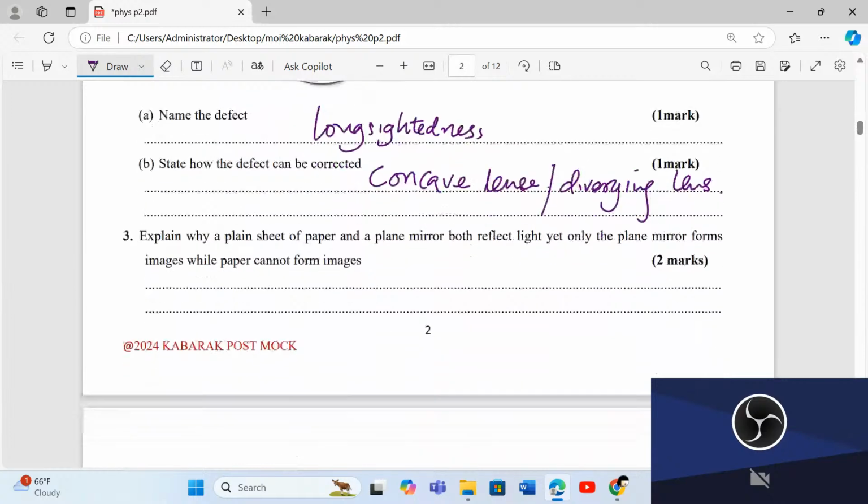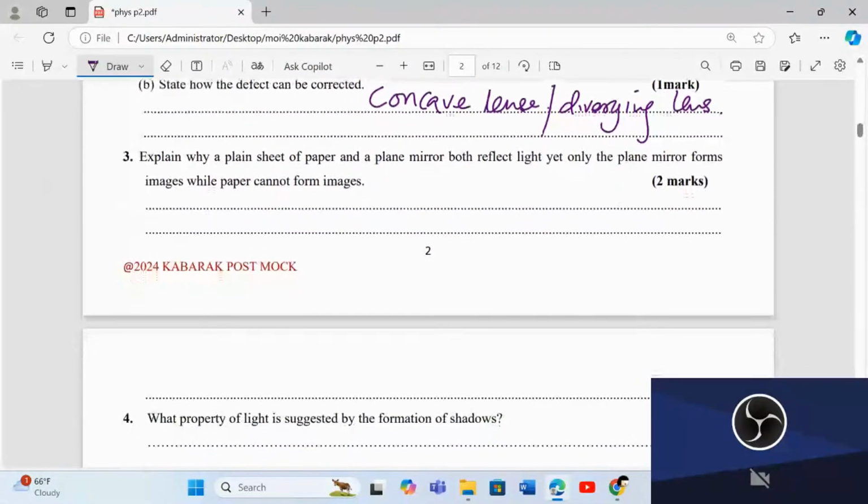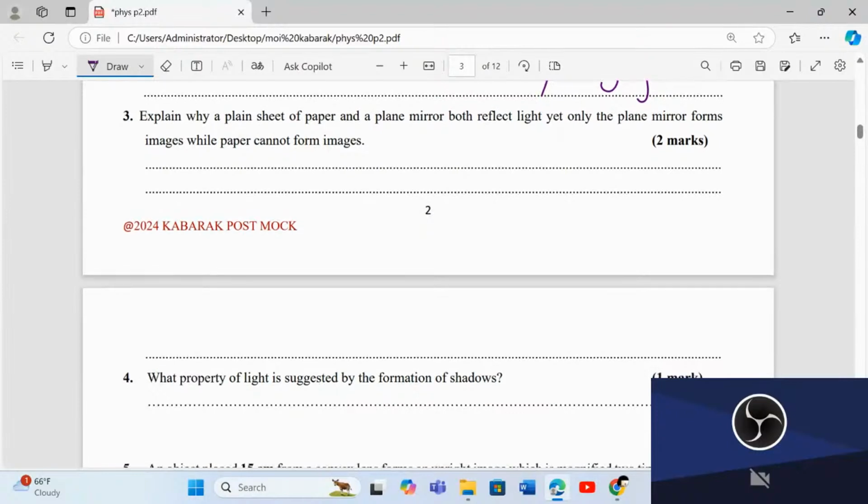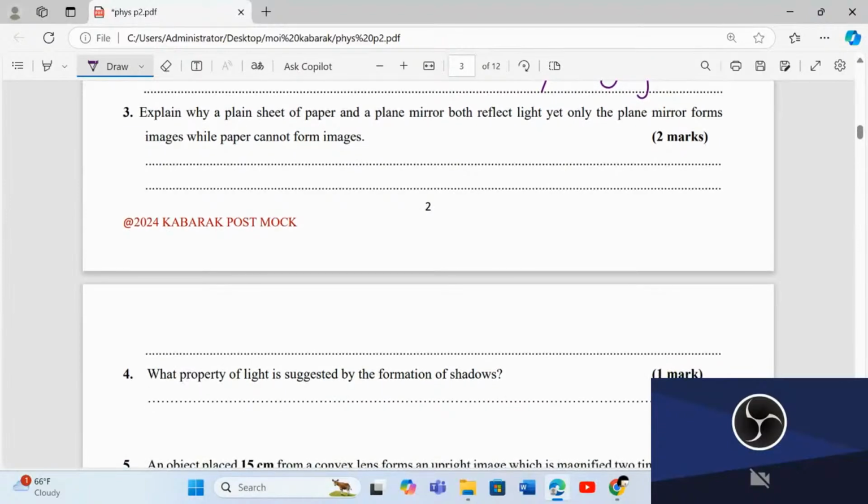Explain why a plane sheet of paper and a plane mirror both reflect light, yet only the plane mirror forms images, while paper cannot form images. You know, a plane mirror will always reflect the light rays, but since the paper is somehow rough, it is going to absorb most of the rays. Therefore, you can say plain paper